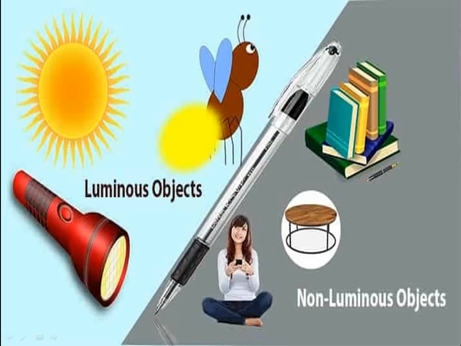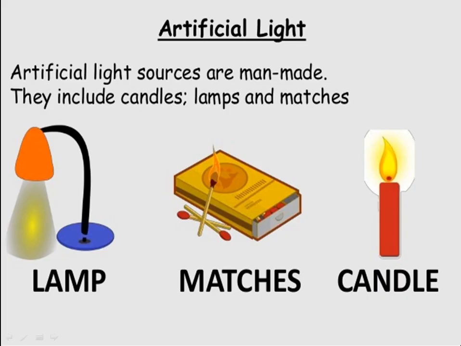Here is an example. We can see the sun, a torch, and an insect that glows. Those are the luminous objects, and here are the non-luminous objects. These objects do not give any light. So the next topic we will see is